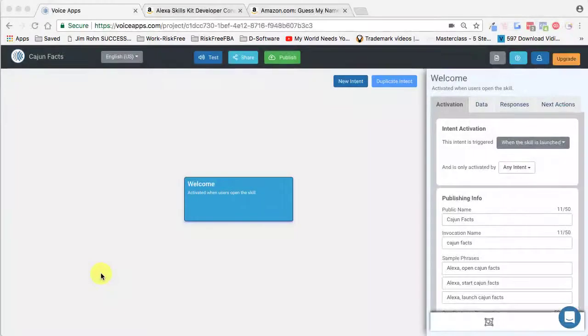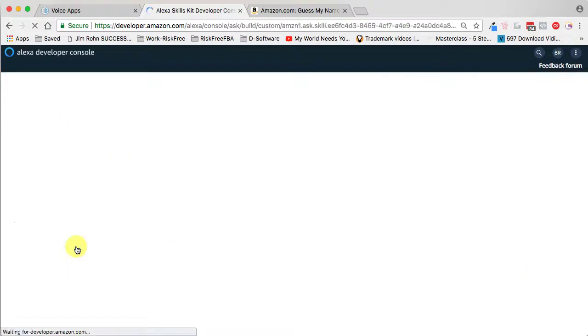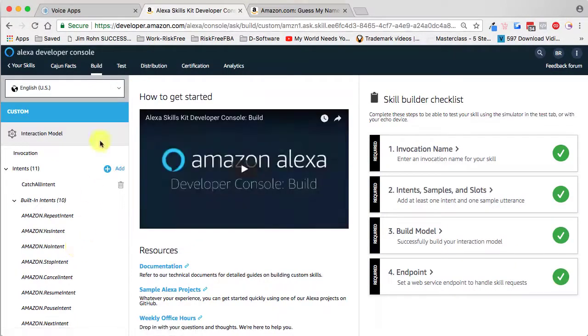Now that we've tested our skill, we've already deployed it to our Amazon developer account. And if we go to our Amazon developer account, you can see the skill inside your Alexa developer console. Simply click on the skill that you want to publish. Once here, if we take a look at the top, this is the navigation bar, and we're going to actually